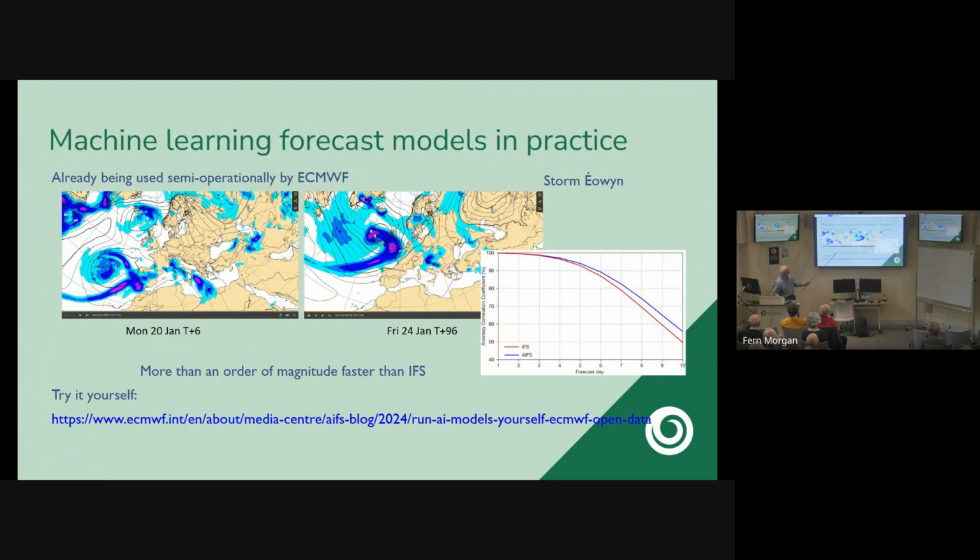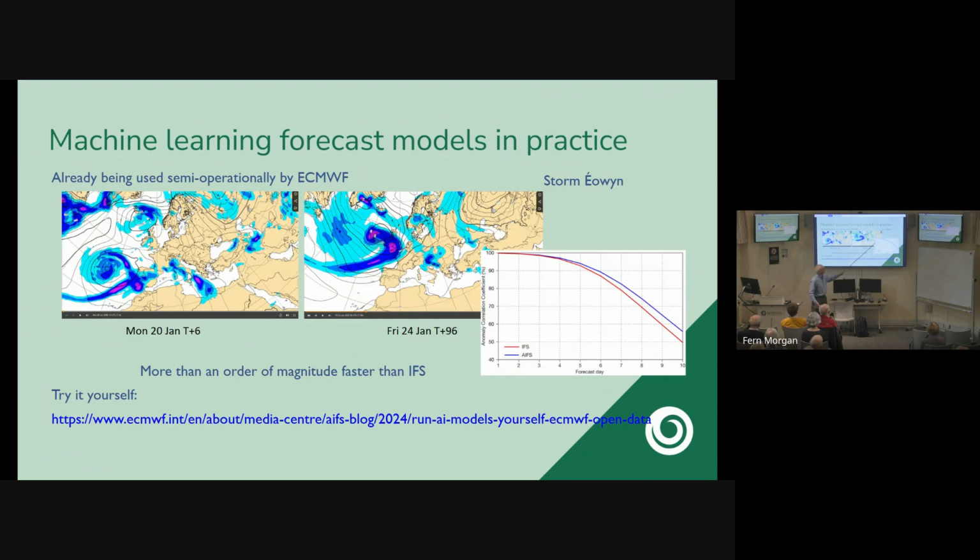So here's an example. Some of you remember Storm Eowyn last year. This is the European Centre for Medium-Range Weather Forecasts, and this is a 4-day forecast of Storm Eowyn. The colours are where the rain is. There's the UK. This is on Monday the 20th of January, and the forecast for Friday the 24th, and there's Storm Eowyn hitting the UK, and that's done with a machine learning model, not with a